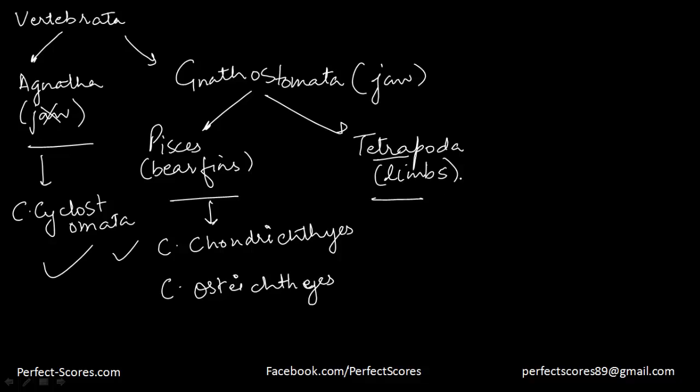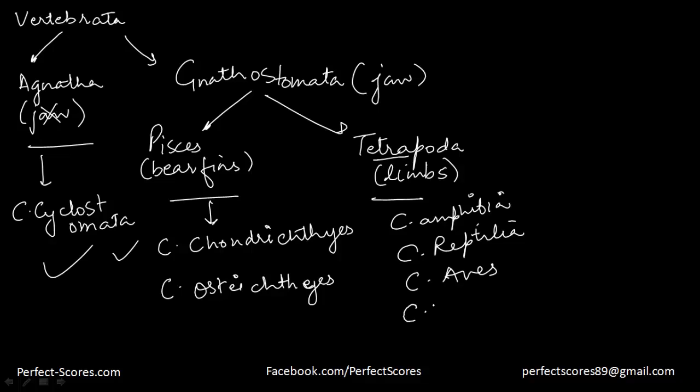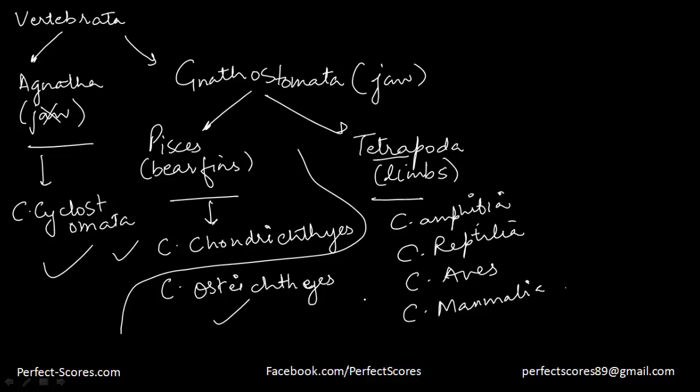And under Tetrapoda we have four classes. We have Amphibia, Reptilia, Aves, and class Mammalia. So in the previous videos we've covered till here, and in this video we're going to start from the class